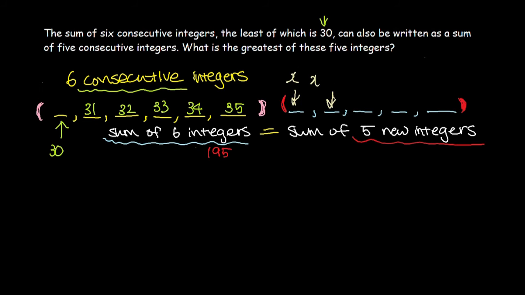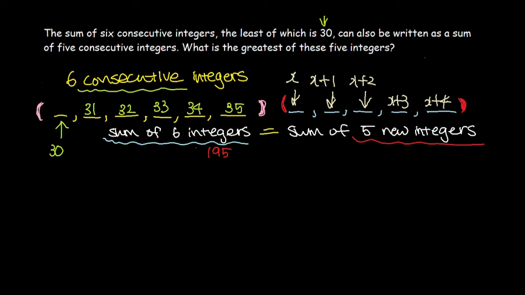Second number is going to be x plus 1. Third one, x plus 2. It's going to be x plus 3 and x plus 4. Why do I use this formula? Why do you use x plus 1, and x plus 2? Because as I said, these are consecutive integers, which means that they are going to be exactly one number apart